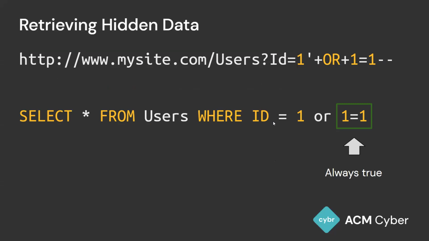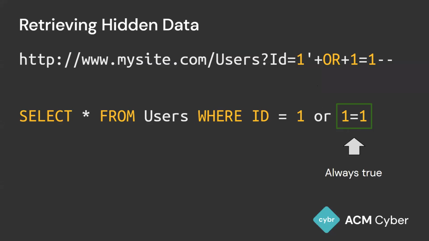So let's give you an example of retrieving hidden data. If we change the URL of our original one from the previous slide so that it appends a Boolean OR, 1 equals 1, what happens here? All the attacker is doing is appending a little condition at the end. In the URL, they're saying 1 equals 1, and that's passed directly to the database as if it was entered into the URL. And remember, this can be as simple as changing the characters in the browser address bar, and then you can actually have a manipulated query